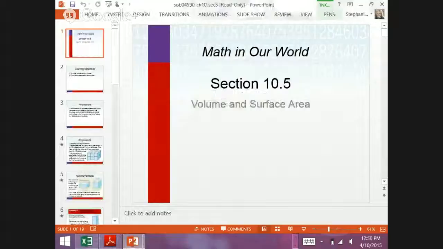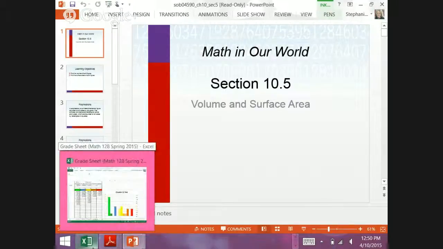And volume and surface area. So we'll talk about perimeter and we'll also talk about area and volume. How much material do I need to make a can that holds 12 liters? So we have volume and surface area and things that are related to that. If I want to paint a wall, that's surface area. If I want to fill up a container, that's volume. So we'll do some calculations and talk about